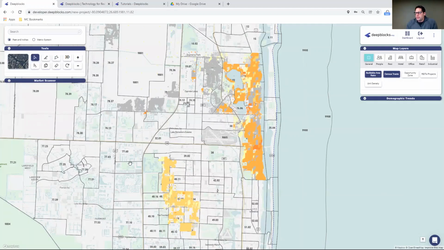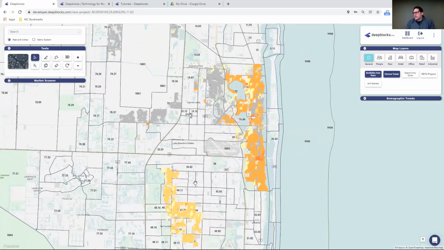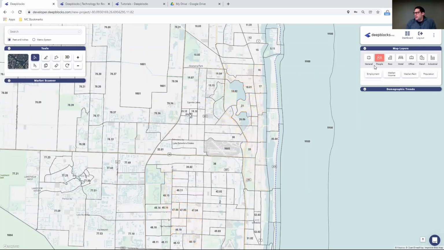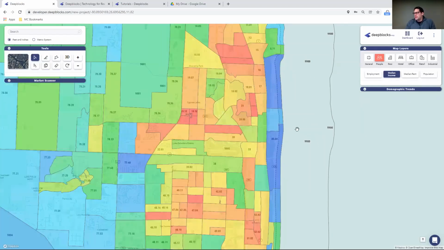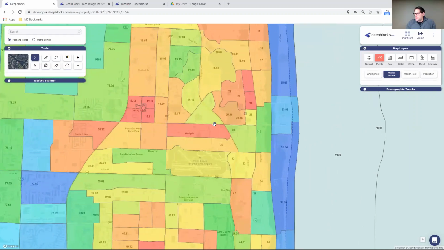This will help demonstrate whether we're seeing an incline in land value, or we're looking for land value that's relatively flat. We can then start to turn on additional layers to truly help our search and identify parcels based on where we're seeing these different types of growth and pockets of interest. We can go into our people layer and look at the census data information, like median income, and get a good feel for what the median income is for a particular census tract as we analyze it and look for different parcels.